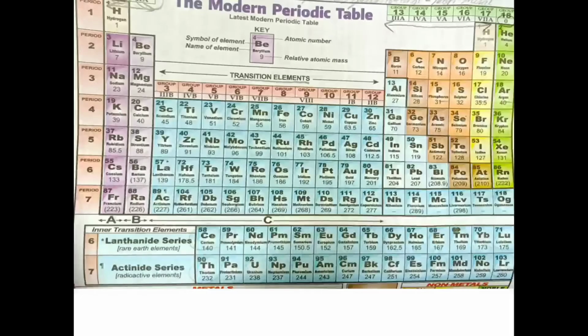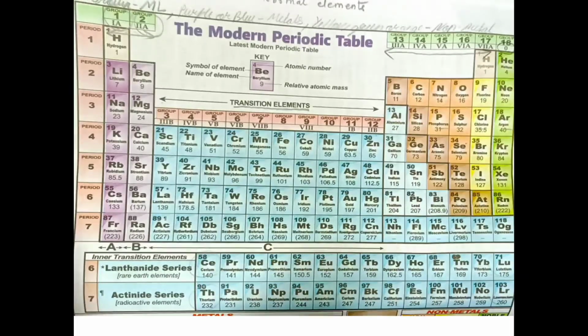So see, this is the modern periodic table. There are a total of 18 groups in the modern periodic table and 7 periods. The sixth and seventh periods are very much extended, so the remaining elements are written below. So this modern periodic table